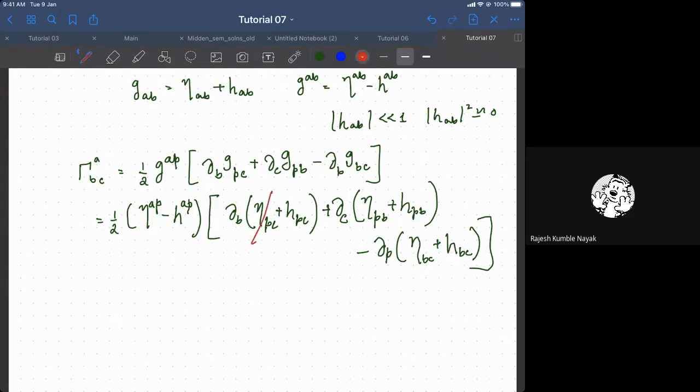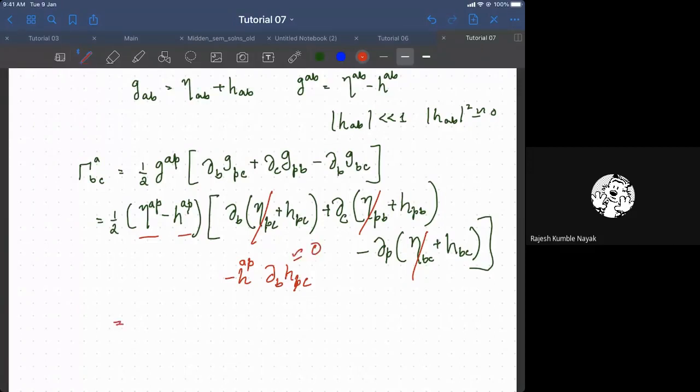So this is going out, this is going out, this is going out. Okay. Now look at what happens outside. Outside we have two terms. One is eta AB getting multiplied by all these terms inside the square bracket, and then HAB getting multiplied by all the terms inside. But that is going to be second order. For example, the first term is going to be minus HAP into DBH into HPC. So as per our approximation, this is approximately 0.